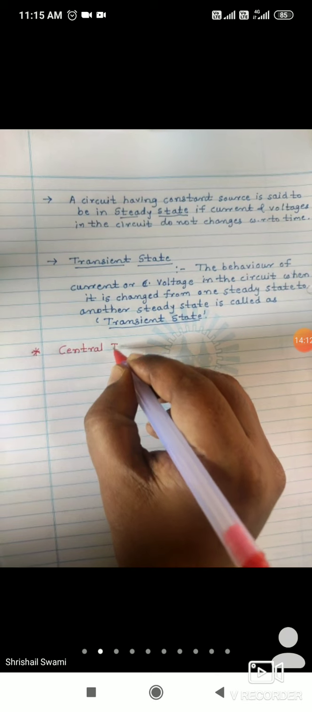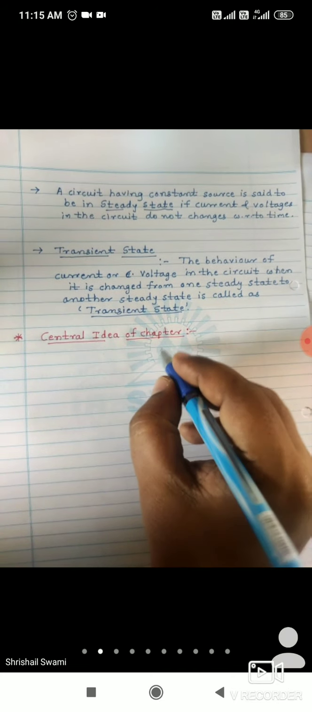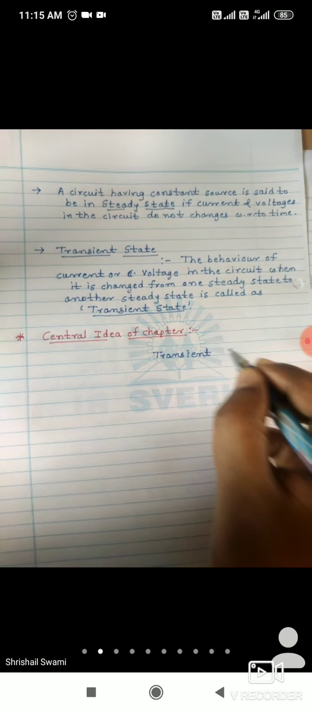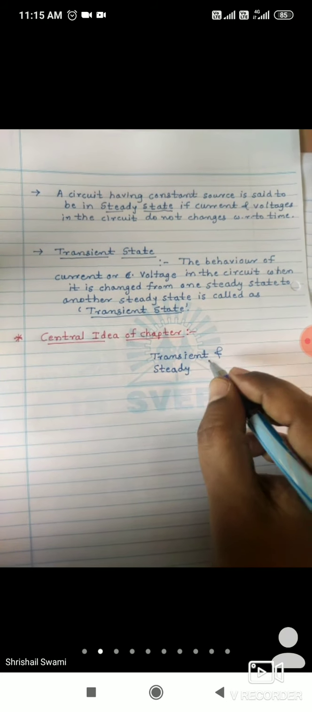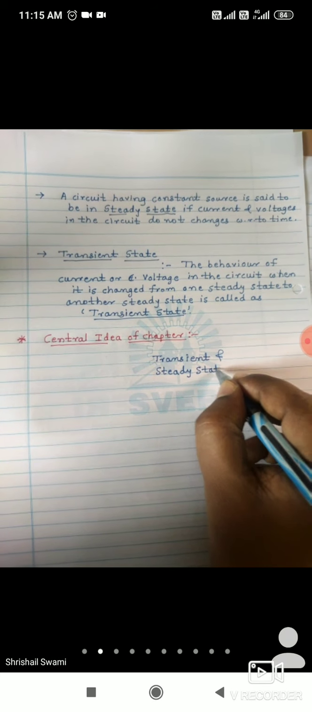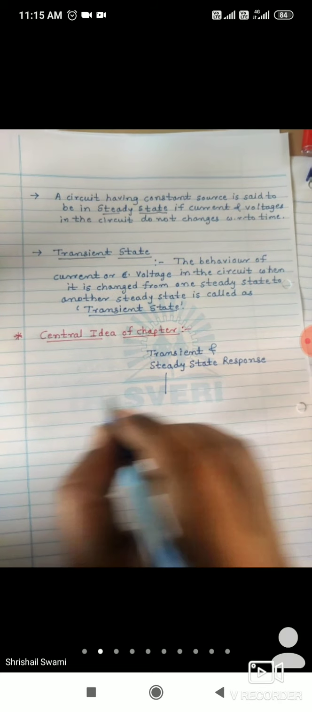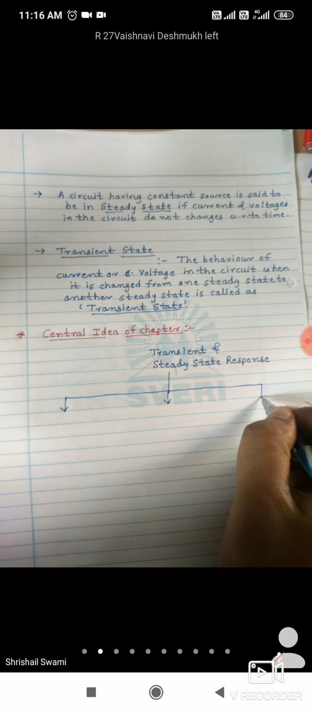So the central idea of the chapter. What will be the central idea of the chapter? It will be based on the syllabus points. Here we are learning the transient and steady state response. I will give it in the form of a table. Mainly we are focusing on the transient and steady state response of the following three circuits. So I will draw three circuits here,